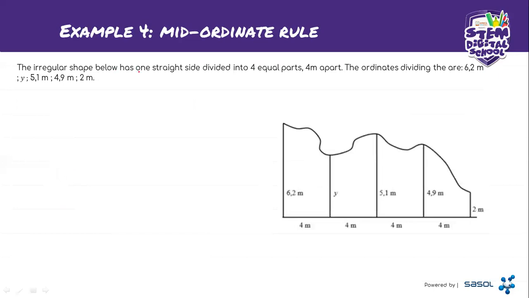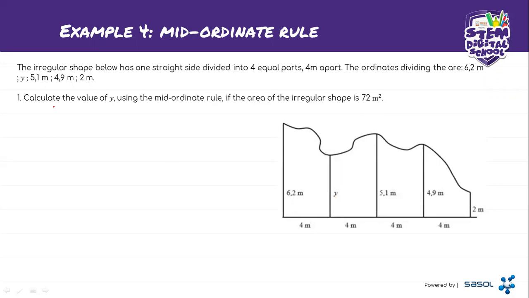The irregular shape below has one straight side divided into 4 equal parts, which are 4 meter apart. Then the ordinates are 6,2, then y, 5,1, 4,9, and 2 meter there. You can see there is one ordinate which is unknown, in this case just y. We don't know the value of that ordinate. All right, the first question says calculate the value of y using the mid-ordinate rule if the area of the irregular shape is 72